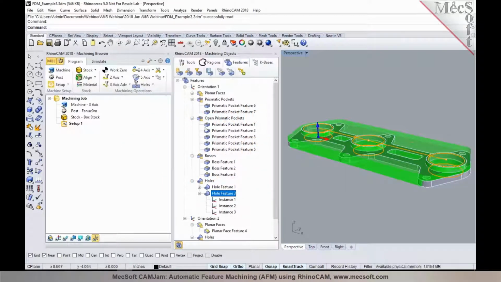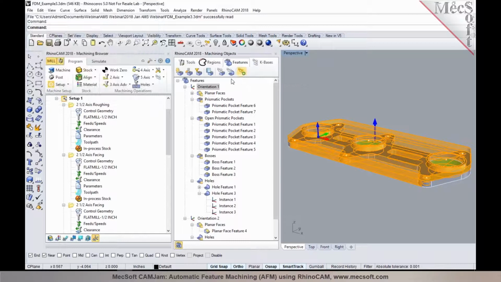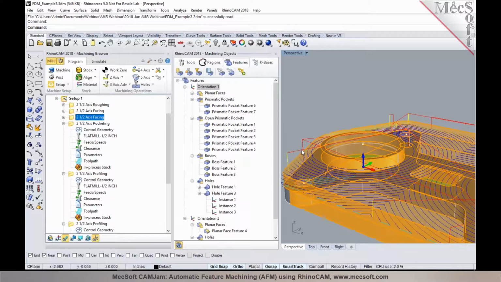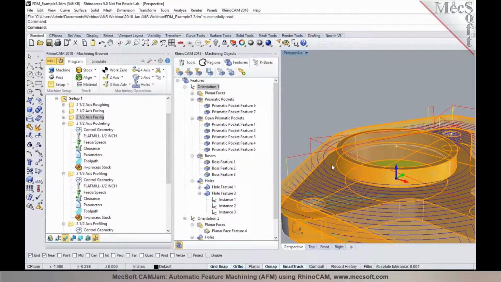Now again, once you have these features highlighted, you can go up to the top level and click automatic feature machining, and this would generate toolpaths for each of the features that is identified. So you can see that there are several different operations that have been created, and we have the facing operation in here, which basically has generated the toolpath for the open pockets,